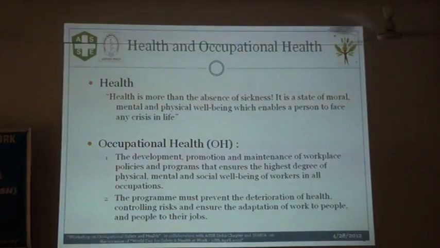And when we talk about occupational health, it's basically the health related to occupations and workplace. So the development, promotion and maintenance of this type of well-being in workers to the highest level probably comes under occupational health. And the program must prevent the deterioration of health, control risk and ensure adaptation of work to people. That means that in workplaces, the health of workmen should be of the highest nature, and we take care of those things so that there is no degradation to health when